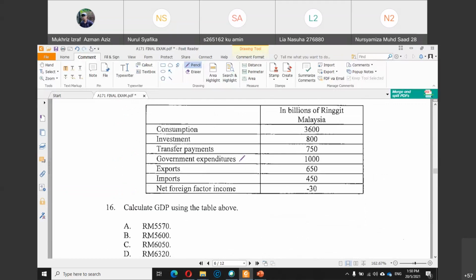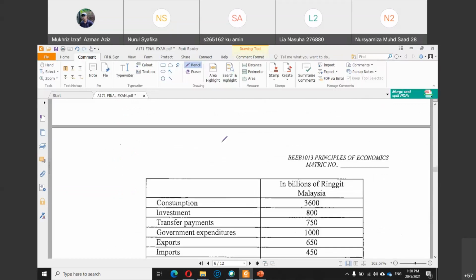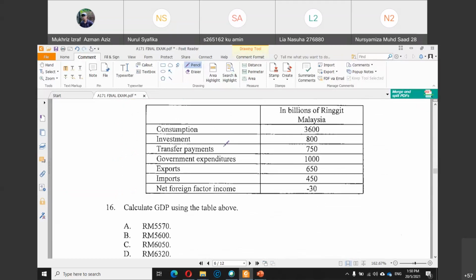Okay, last question of today. You are given this information, this one simple table. Calculate GDP using the above table. So this is where I mentioned just now, you need to know what the components of the expenditure approach are and what the components of the income approach are. For this question, you need to use either one. You cannot use both. Of course, there is no mention about using the expenditure approach or the income approach. Value added approach, I think there is no question on using the value added approach method,